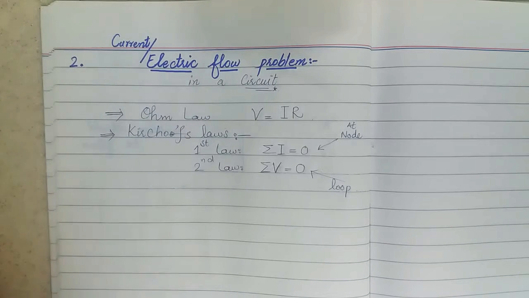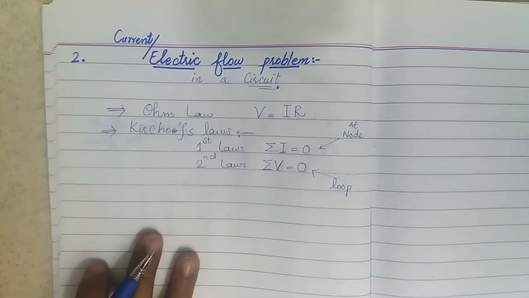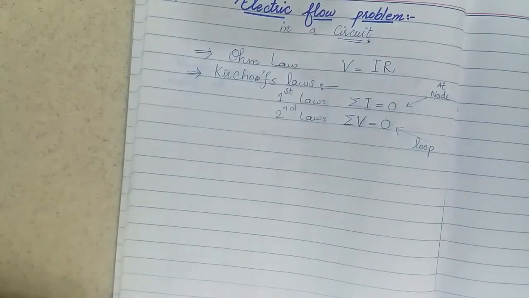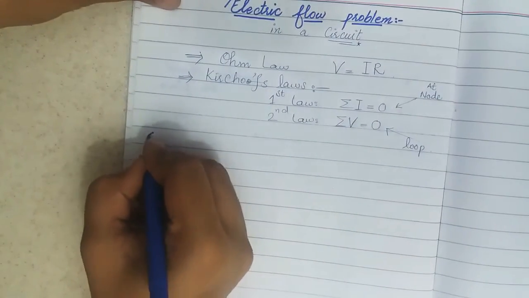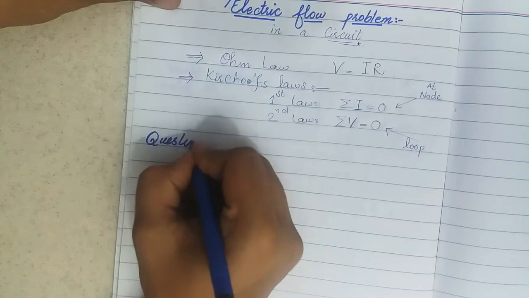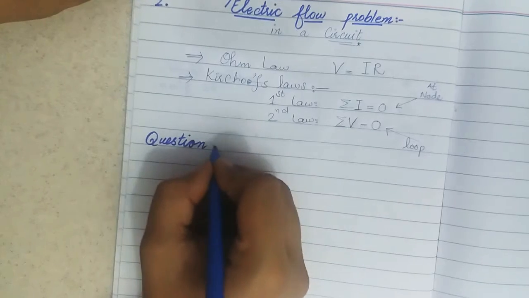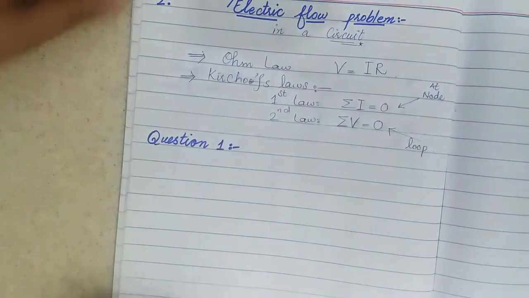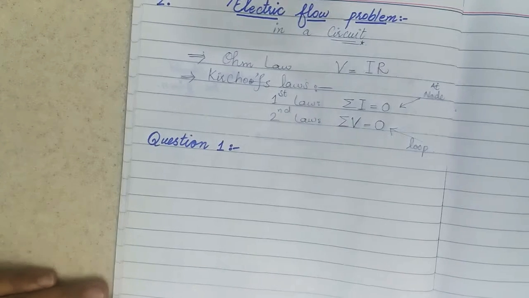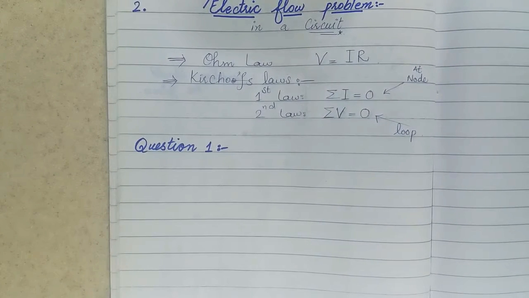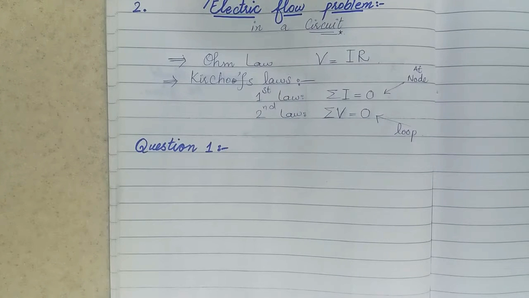So let's start from an example of how we can convert an electric circuit into matrix form and how linear equations can be formed. Let's start from a very basic example. We will only convert electric circuits into matrix form. It is your practice to solve them by using the Gauss elimination method or Gauss-Jordan elimination.